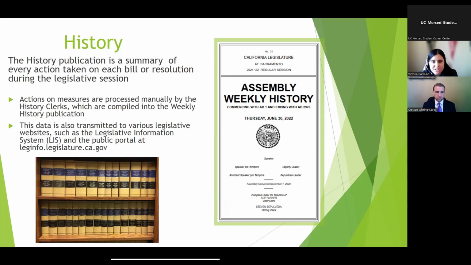So our history team, our history publication, is a summary of every action taken on each bill or resolution during the legislative session. So similar to our journal team, where they record everything that happens in the day, the history team